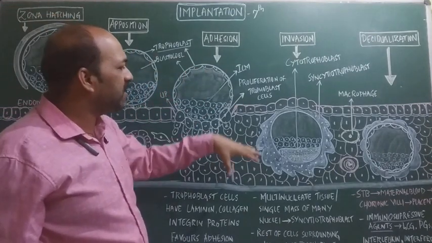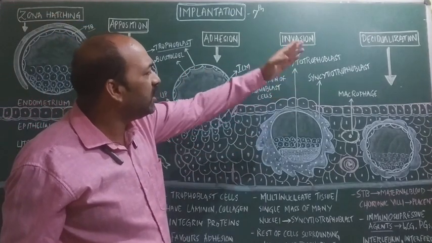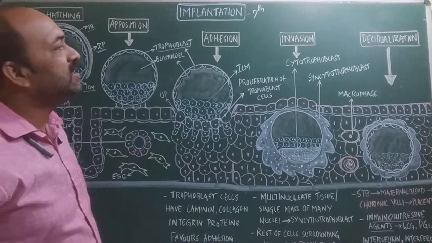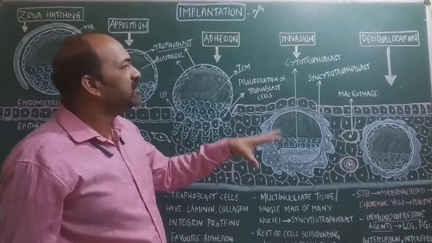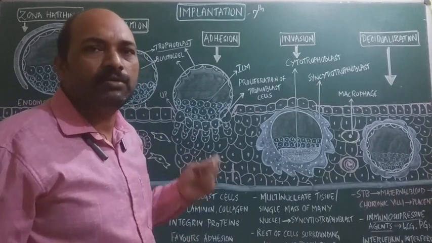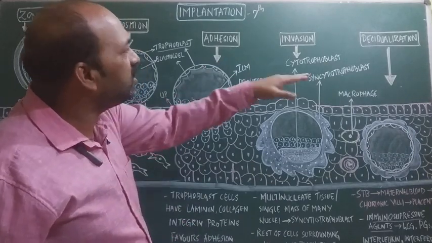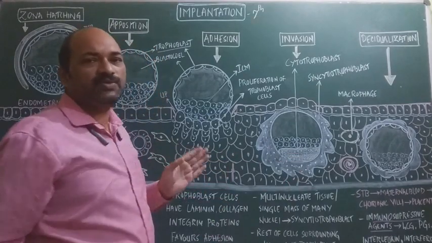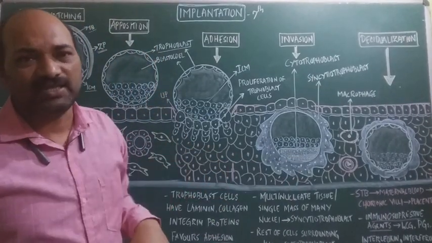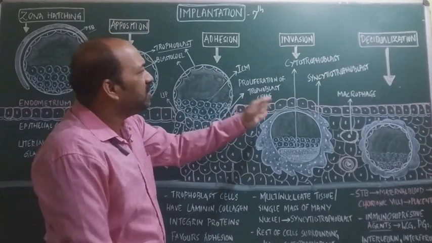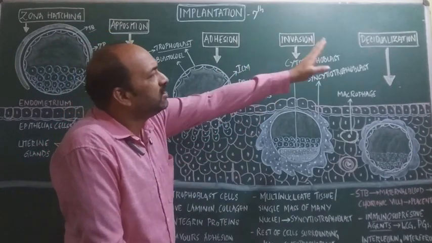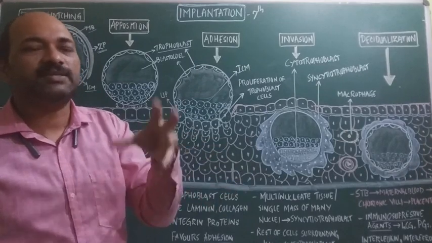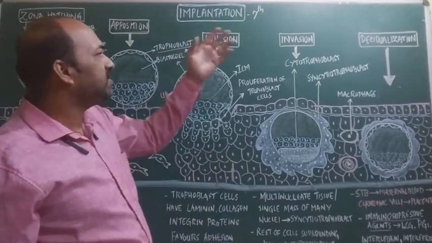And the last step, once the syncytiotrophoblast and cytotrophoblast are formed, is decidualization, which means changes in the endometrium. What changes occur before the decidualization, we call pre-decidualization. That pre-decidualization then gets decidualization, meaning the changes in the endometrium start occurring. So that is the last step.